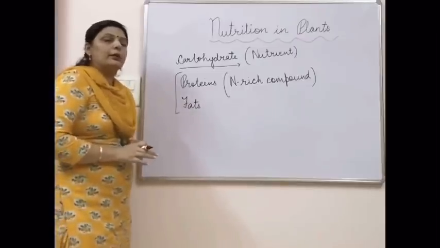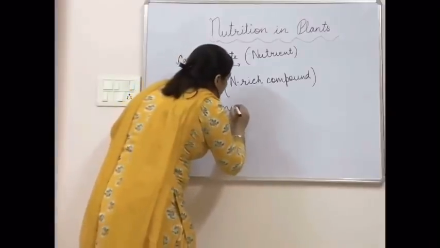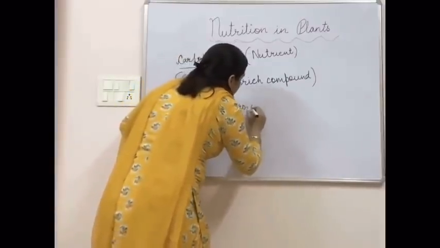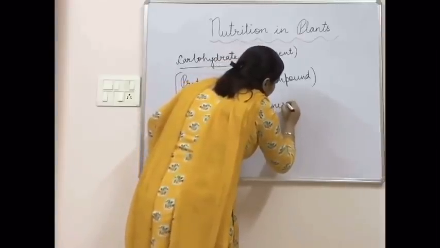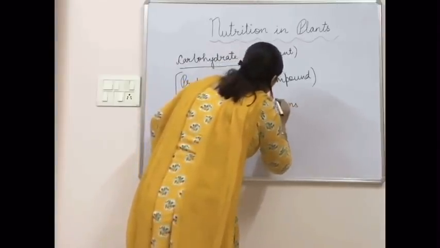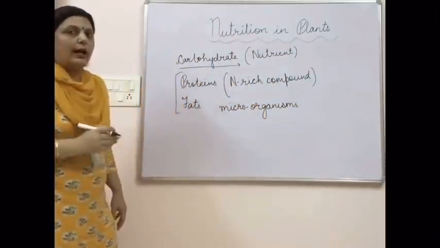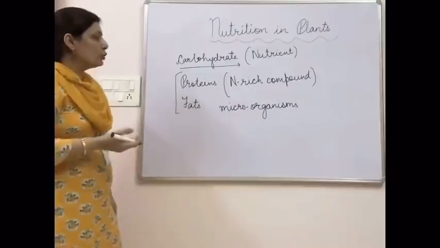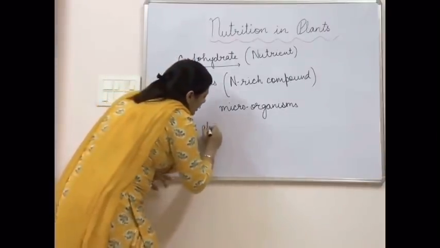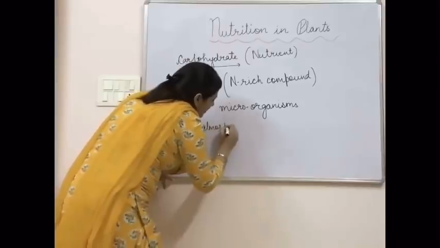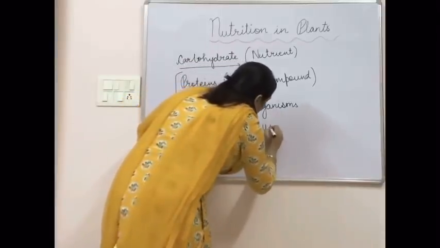There are certain bacteria, certain microorganisms which are present in the soil, and they have the ability to convert the atmospheric nitrogen, the nitrogen which is present in the atmosphere, into a usable form